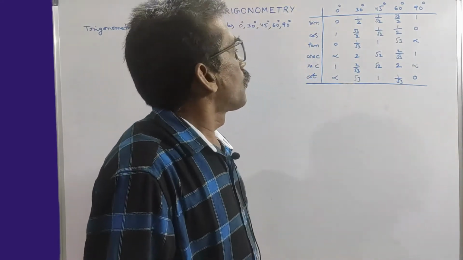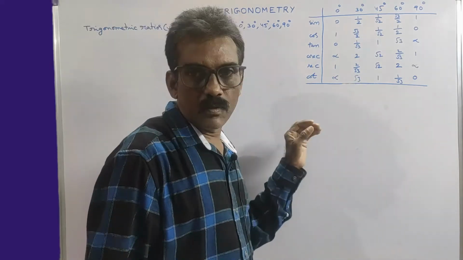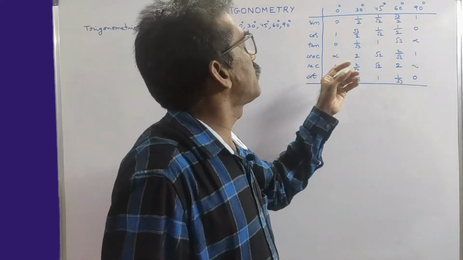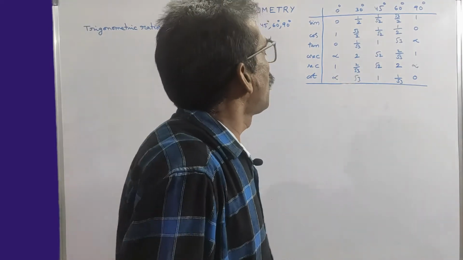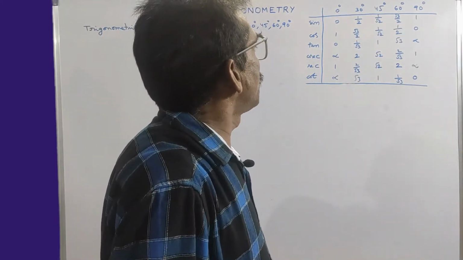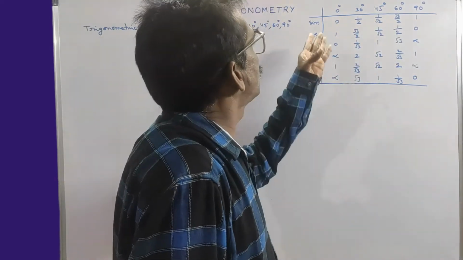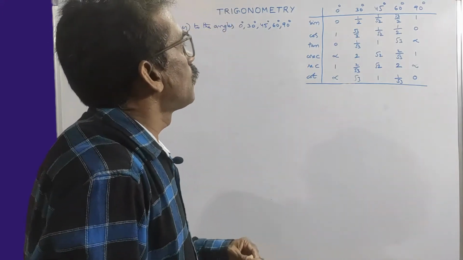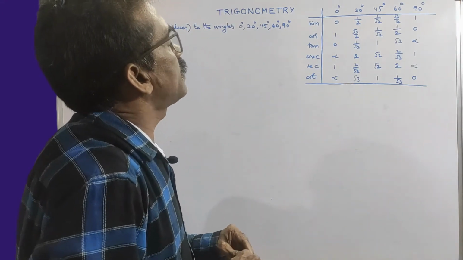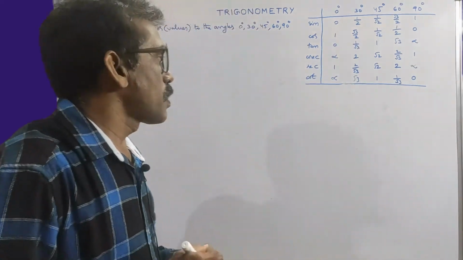Okay. Now we should derive these values with triangles. That means we should derive how they have these values. Now I will explain the derivations for 30 and 60 in this video. Next video I will explain the others. Now see, to explain the derivations for 30 degrees and 60 degrees, we have to